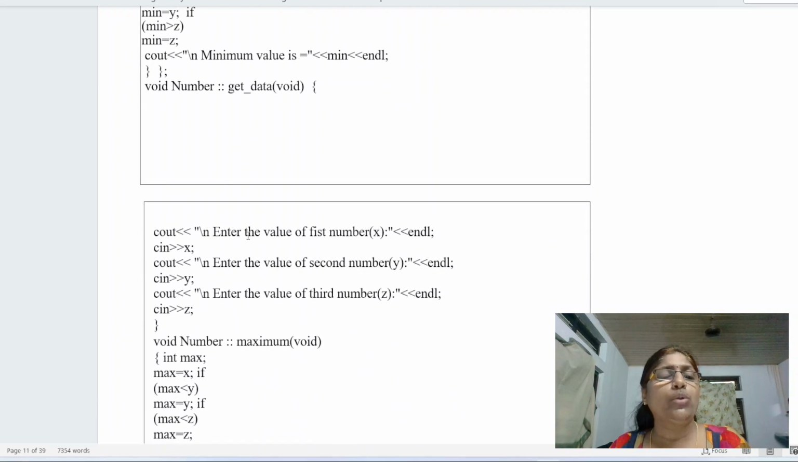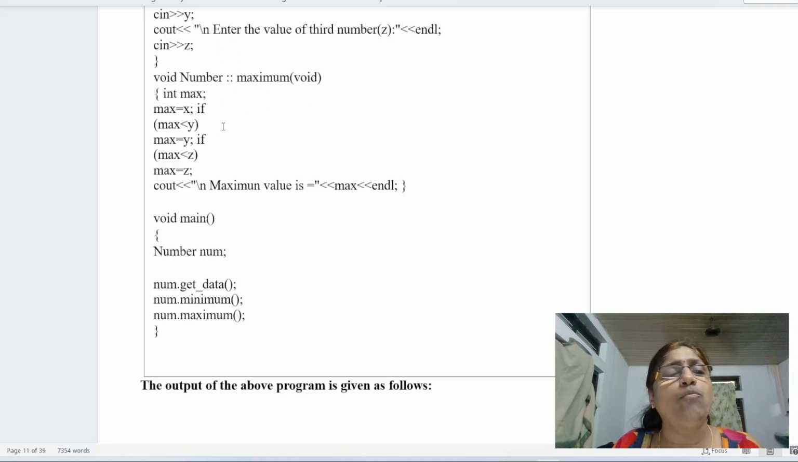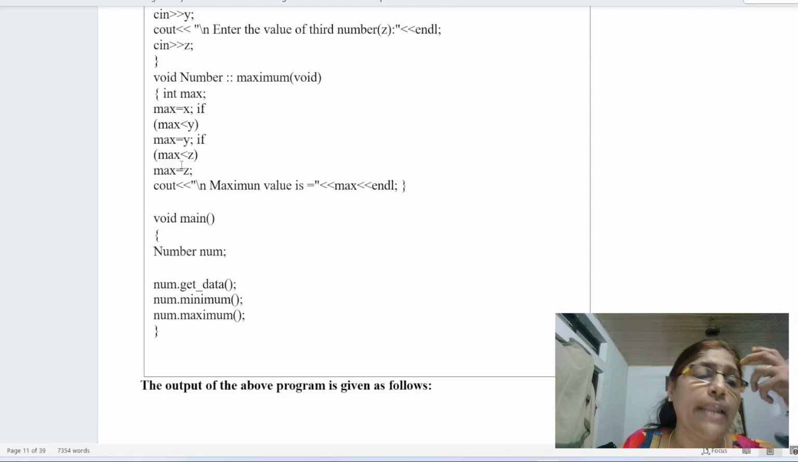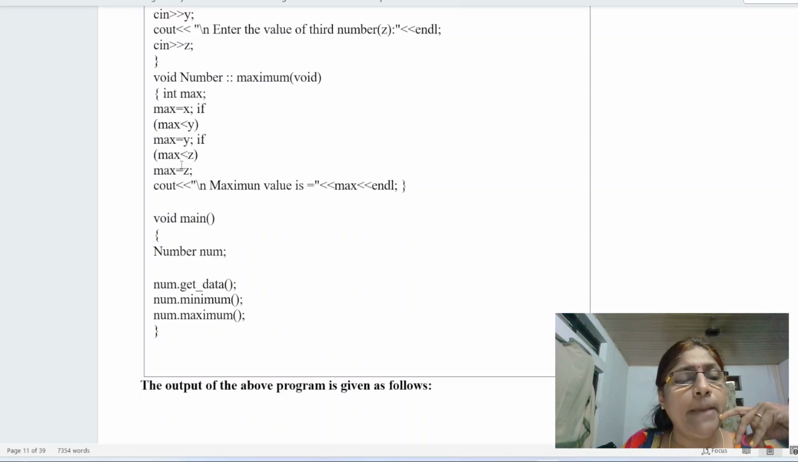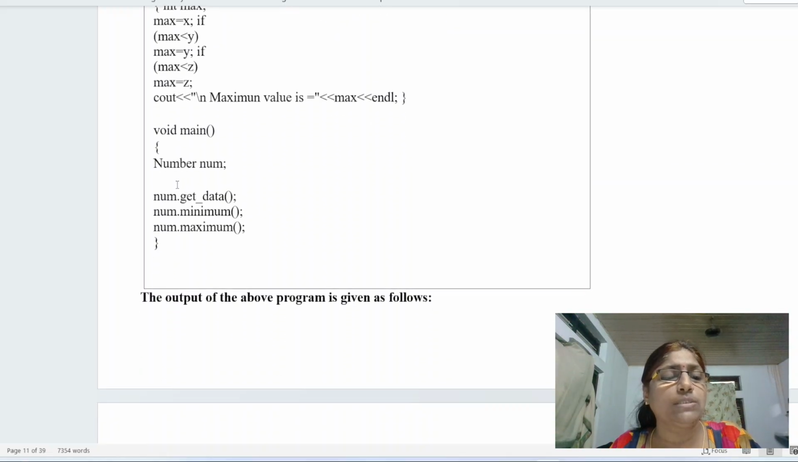void number::get_data() { cout << "Enter the value of first number" << endl; cin >> x; cout << "Enter the value of second number" << endl; cin >> y; cout << "Enter the value of third number" << endl; cin >> z; } void number::maximum() { int max = x; if (max < y) max = y; if (max < z) max = z; cout << "Maximum value is" << max << endl; } void main() { number n; n.get_data(); n.minimum(); n.maximum(); }